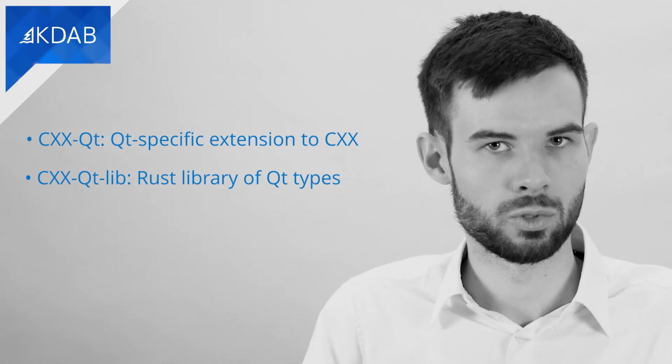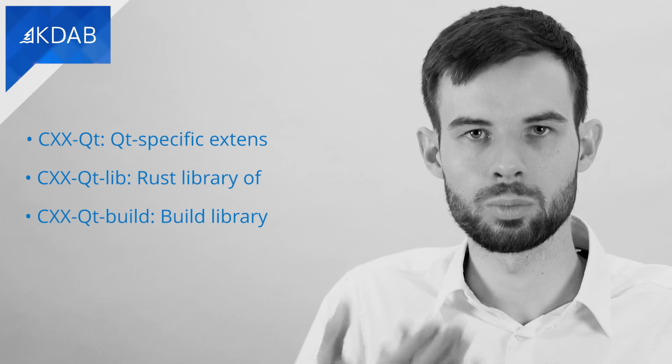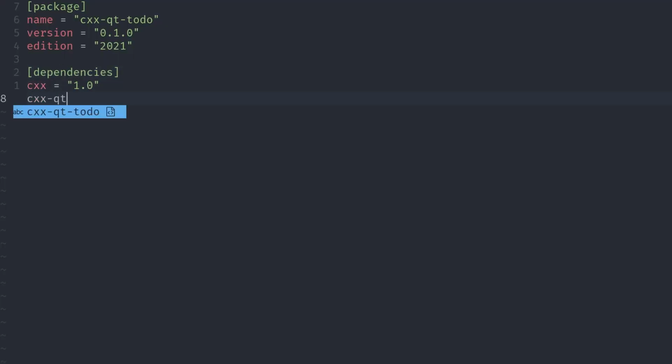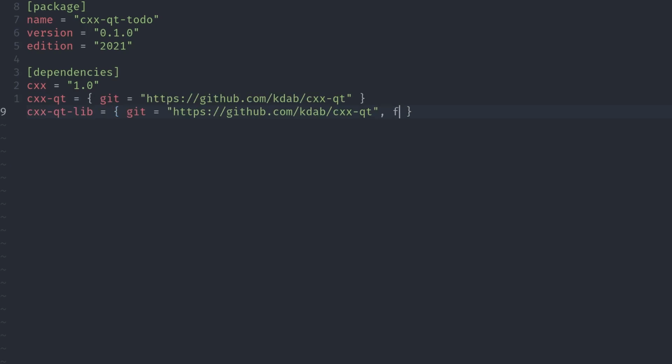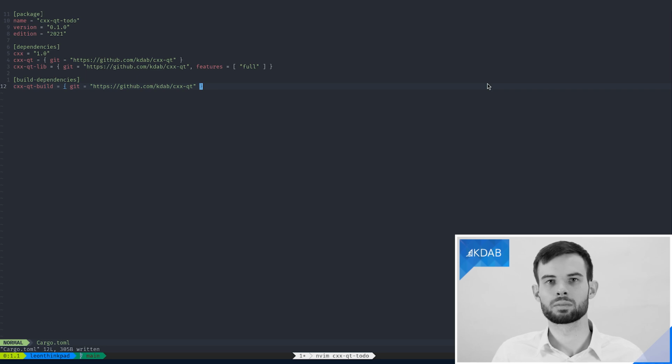And then talking about building, we'll also need the build dependency, which is CXX-Qt-build. So that's it for our basic Cargo.toml setup.